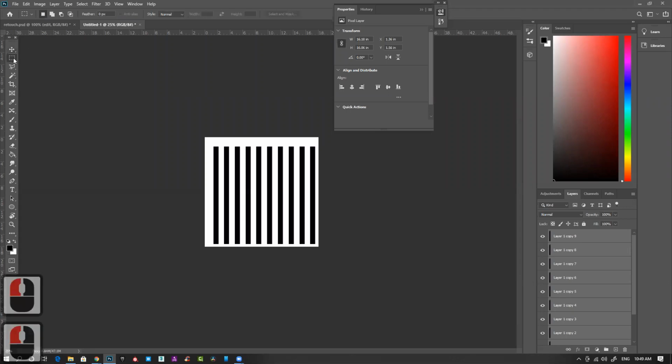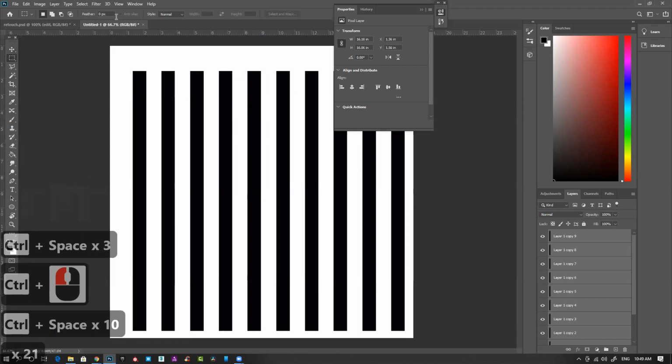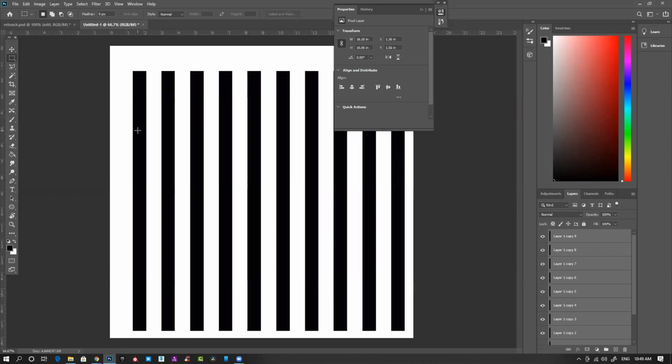Okay, then you have the marquee tool. Under this you have rectangular, elliptical, single row and single column options, and you can define the size. Feather is basically blur. If you zoom in, the edges are really sharp. Suppose you want to blur out the edges, you use feather to make the edges smooth and normal.